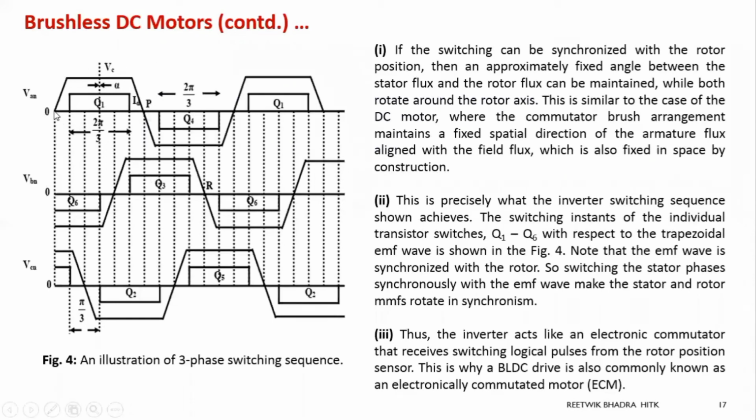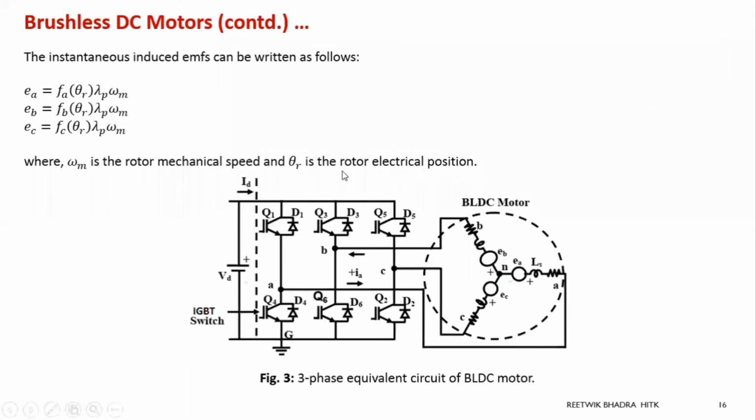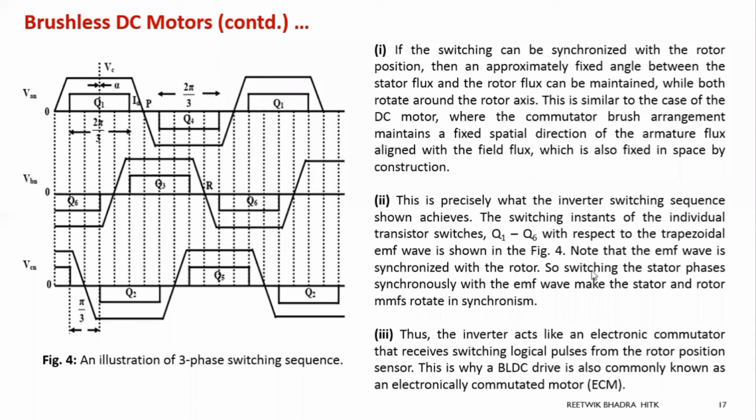You can check this. This is starting at 0, this is starting at 120, this is starting at 240. You check this waveform, what we have studied, and verify it. I'm keeping this as a home task for you. You can understand how this BLDC operates. Basically it is controlled by an inverter, which gives the supply to the BLDC motor. Go through this point. And lastly, what I've written: since the inverter acts as an electronic commutator, because we are using power electronics over here, your BLDC is also called an electronically commutated motor.